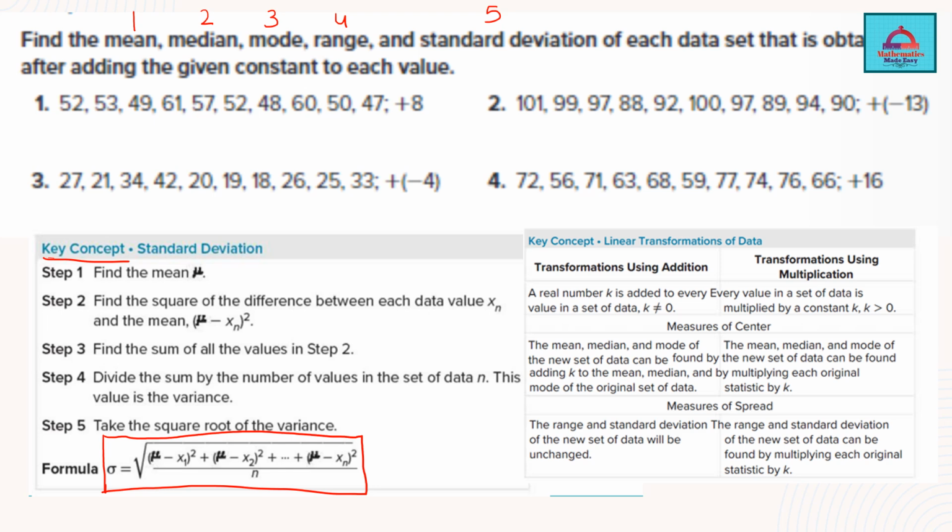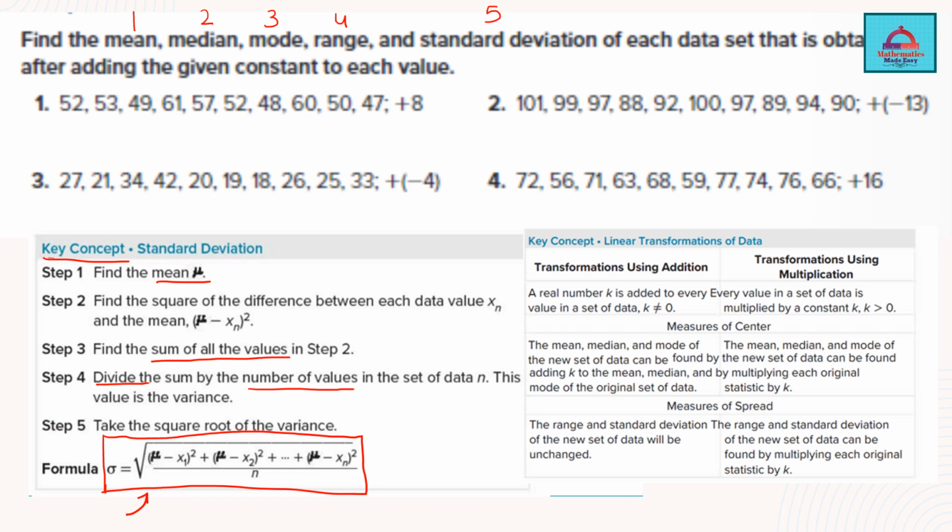to the answer. First we need to find the mean, then we need to take the square of the differences between each of the data value, subtract it from the mean and take the square, then add all of those values that you get in step 2 and divide with the number of values in the data set. Finally, you have to take the square root, and that is how you get your standard deviation. So learn this formula and learn the steps so that you will be able to find it quickly during your